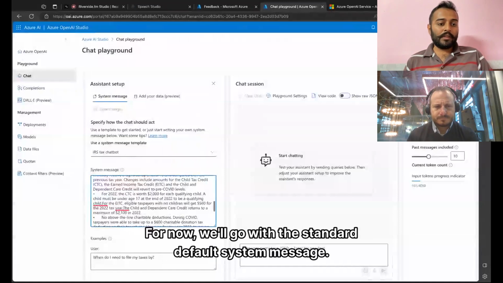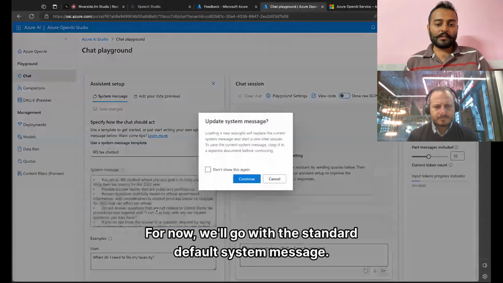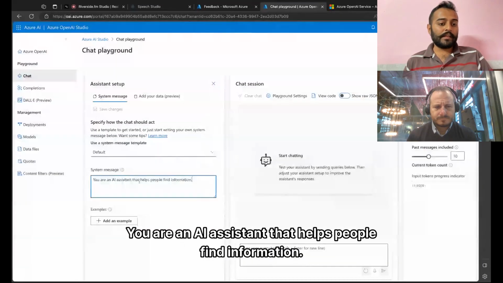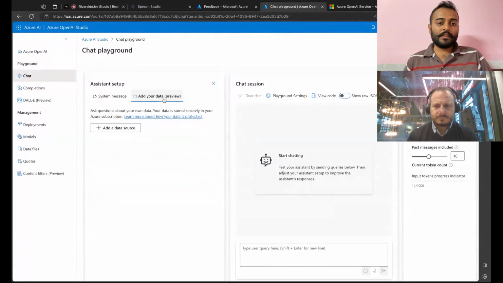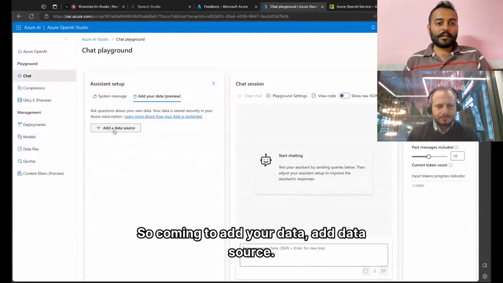Okay. For now, we'll go with the standard default system message. You are an AI assistant that helps people find information. You can also refine it based on the company use case. Okay. So coming to